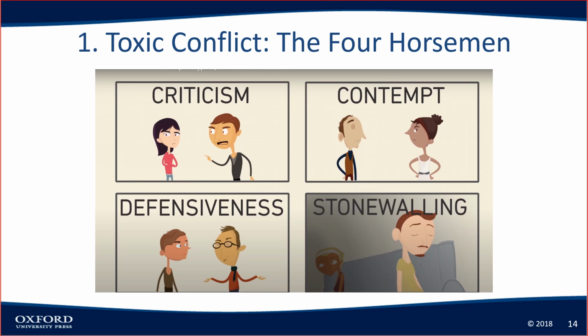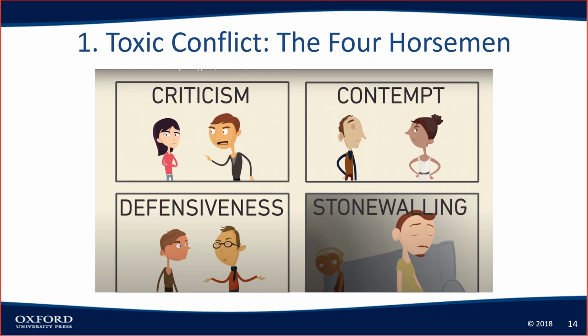So criticism is a direct attack on the person's character. Defensiveness is what occurs in response to protecting oneself by denying responsibility or counterattacking. Contempt is remarks that are belittling and demeaning, where our behavior just strikes back with a demeaning response. And then stonewalling is when one person in the interaction withdraws, causing the dialogue to shut down.